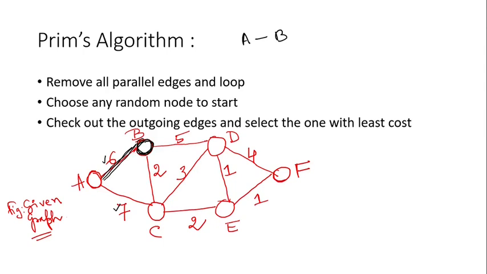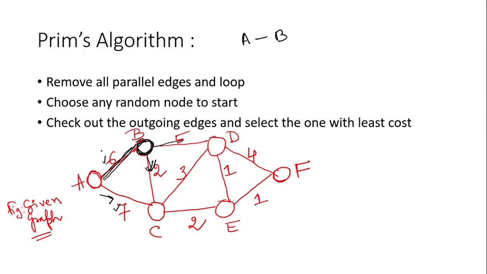After you reach B, what I said in the last class, that from B you have to proceed. It's not like that. So what are the options B has? B has option BD, this one, and this one. Among 5 and 2, obviously 2 is minimum. But when seeing the edges, we also have to look at this edge, A and C also. That means whatever the possible edges are there at that particular time, the vertices are visited but the corresponding edges are not visited.